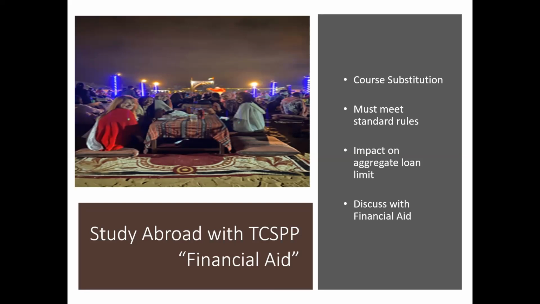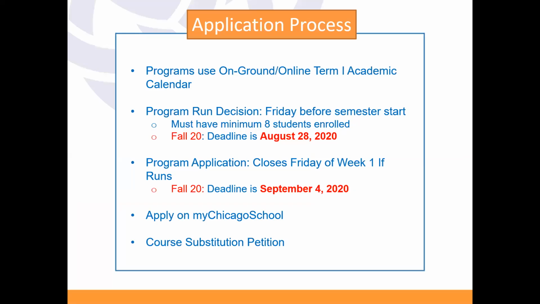So talk with your aid advisor immediately and connect with your department chair with that form and the syllabus, to make sure that you know this ahead of time. And also discuss with your aid advisor, because if you're eligible, this will impact your aggregate loan limit. So just make sure you know what your package looks like. Okay, so that's the three uniquenesses. I will definitely watch out for my time and leave some time for you to ask questions later on.